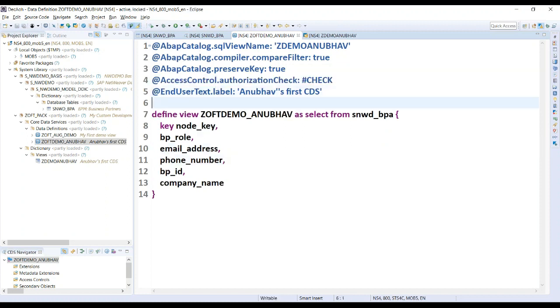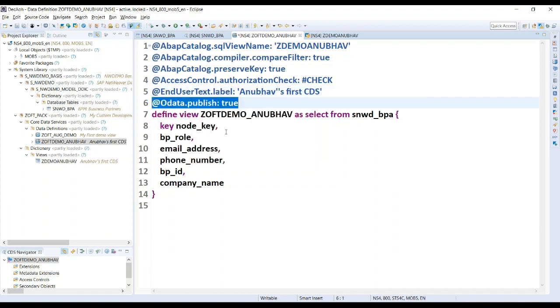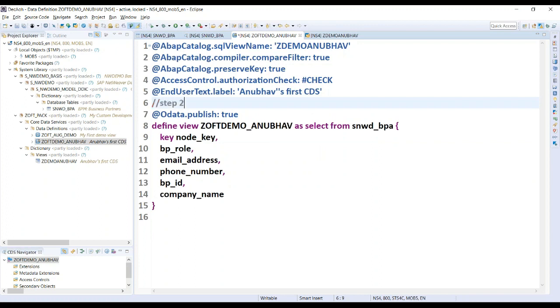One of the annotations which you can use here is @OData.publish, and you can press Ctrl+Space to do code completion. And now this will create an OData service out of your CDS view directly. Now, what will be the name of the OData service? So this is our step number 2. The below annotation is going to produce a service which can be consumed by